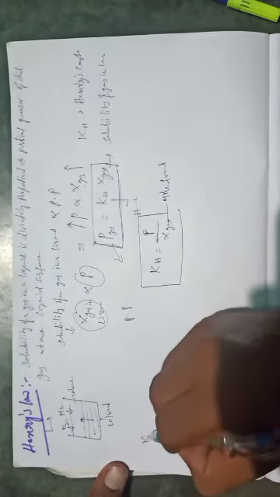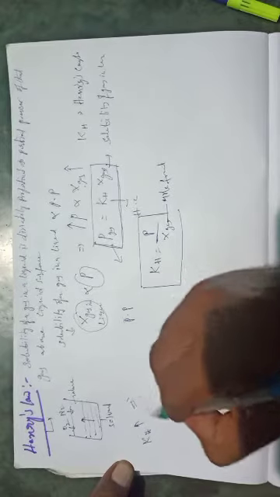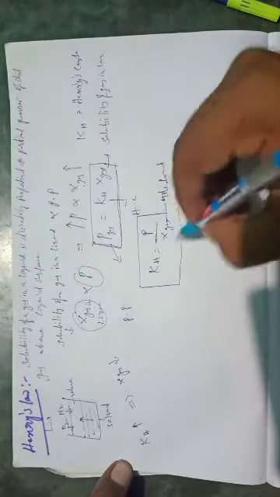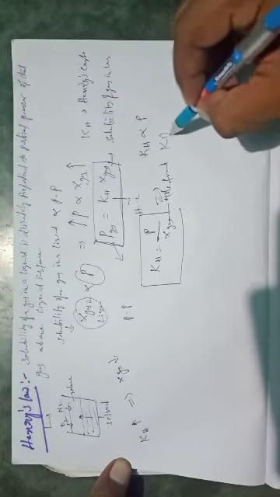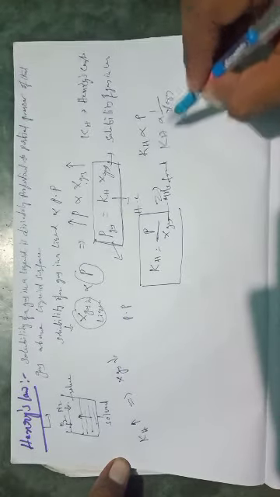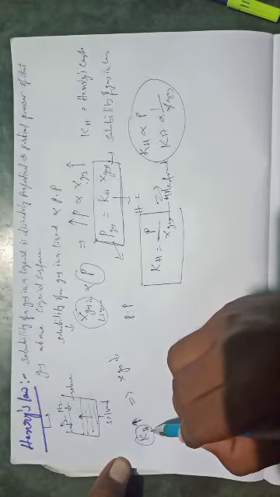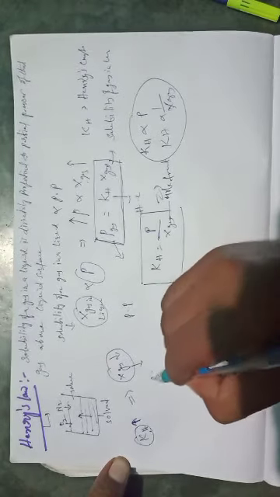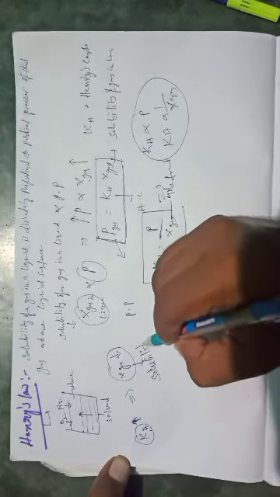In case Henry's constant is increased, the mole fraction is decreased, because kH is directly proportional to pressure and kH is inversely proportional to X of the gas. If kH is increased, meaning Henry's constant is increased, then the mole fraction of the gas is decreased, so the solubility of the gas automatically decreases. Mole fraction of gas means solubility.